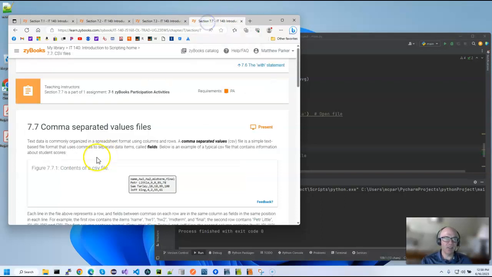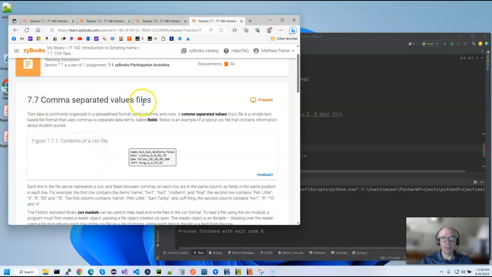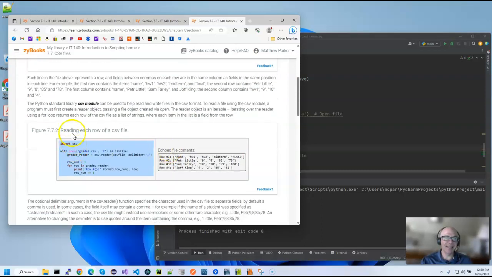Last thing we're going to look at is in section 7.7. They talk about a comma separated value file, or a CSV. The idea of a CSV is it is like a spreadsheet. In fact, you can open it up in a spreadsheet, and it is rows of information where the information are separated by commas. So this might be a student's name and their scores on these 4 homework assignments. Well, Python has a nice CSV module that lets us read in a file as a CSV. It will create a 2-dimensional array that we can loop through, and it will contain each of the rows as